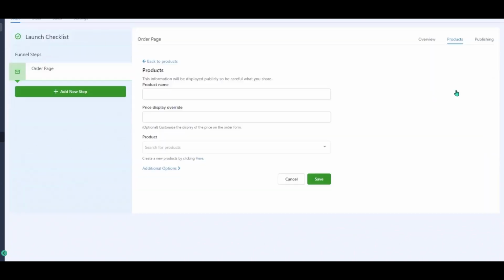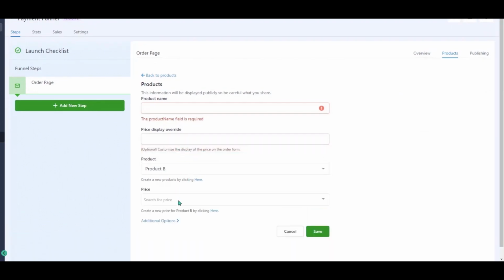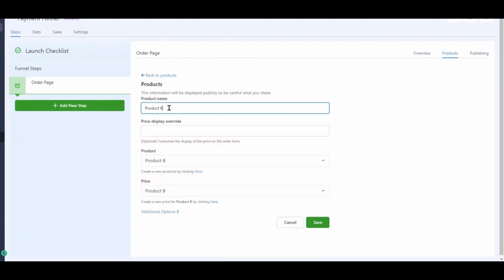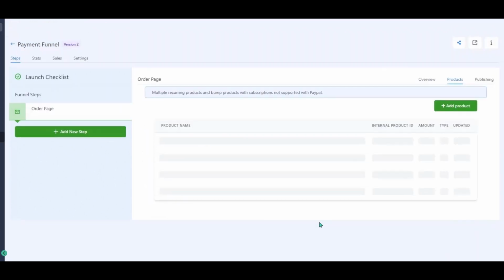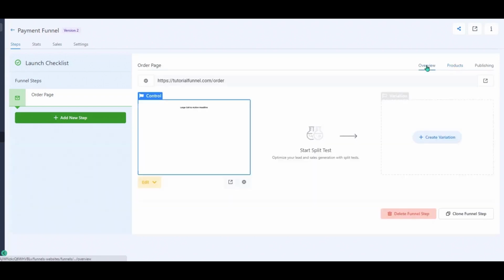Then what I'm going to do is I'm going to add another product, and this time I'm going to use product B. Use product B pricing. And I'm not going to put a price display override this time because it's simply going to show as an order bump, and I'll show you what that looks like in a moment. So now we have two products added to this particular funnel step. Now if I go back to the overview,